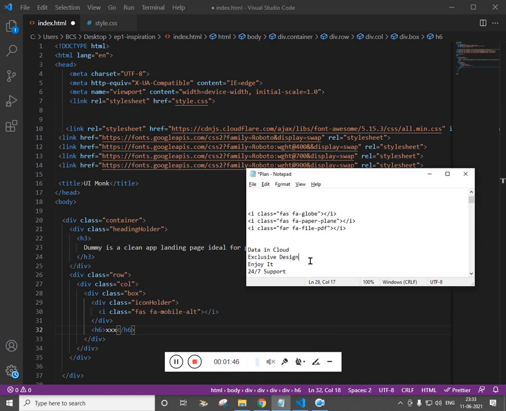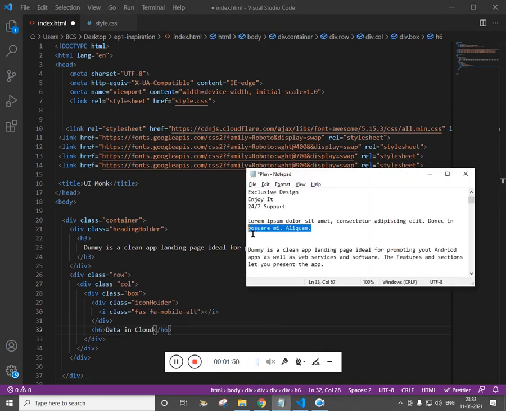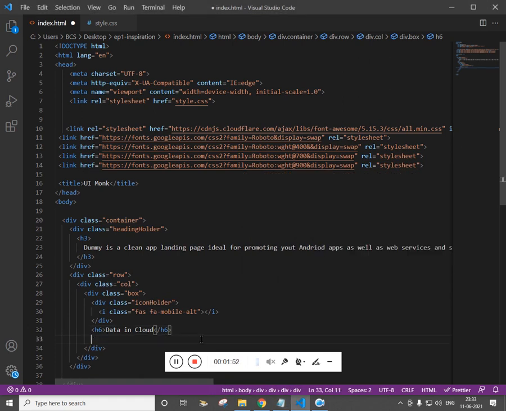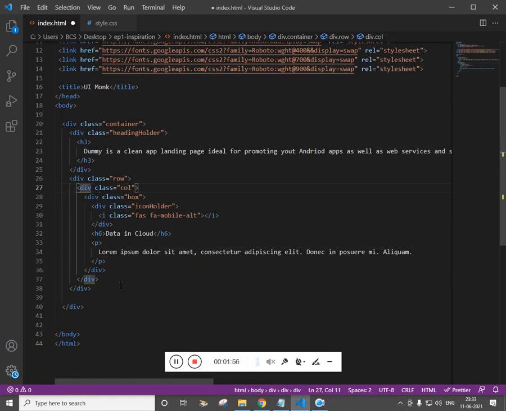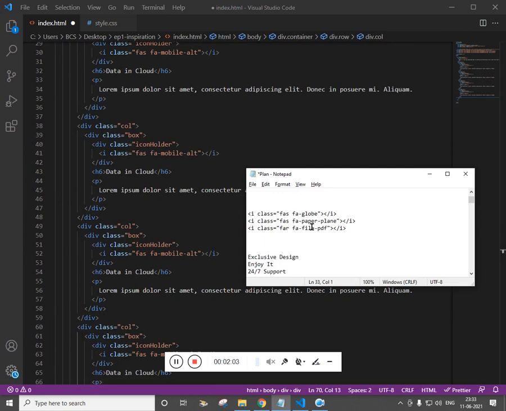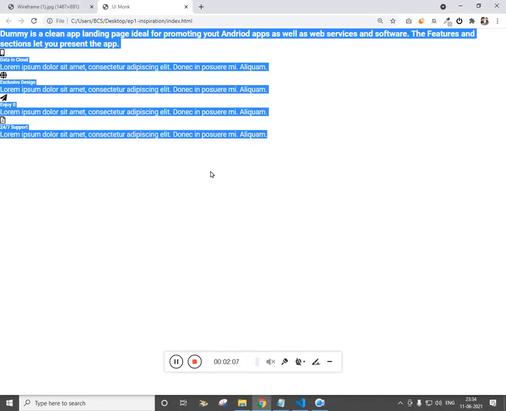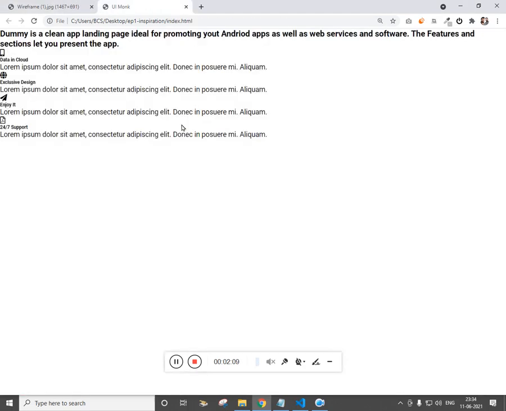Inside the h6 I have the text, and then I have the paragraph. So I have to copy this column 4 times, 2, 3, 4, and each time I have to change the content. I'm pausing it and doing it. So this is what our actual HTML looks like. Now let's style it.